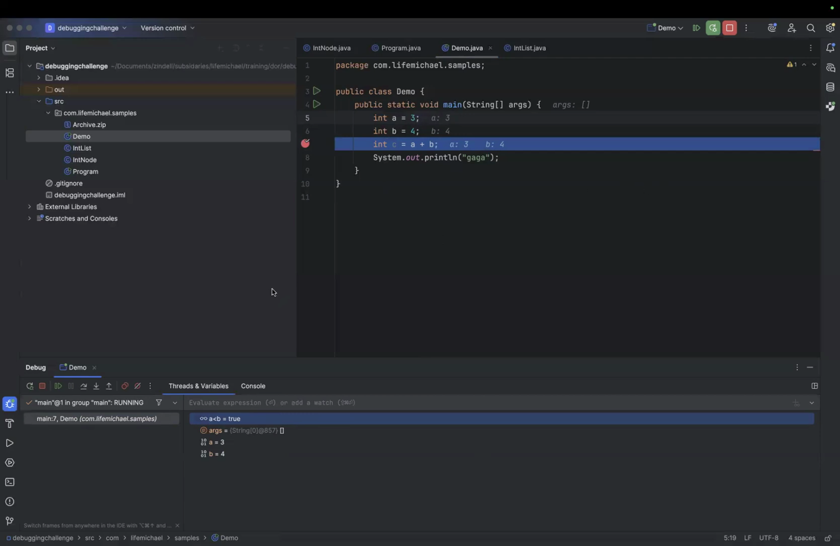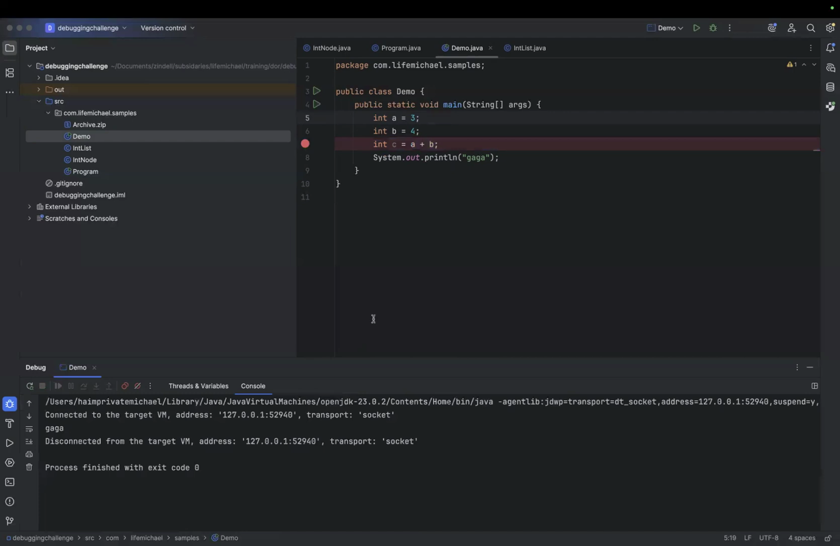Now, if I press this button, resume, it means that the code will continue to execute till the next breakpoint. And if there is no such thing, a next breakpoint, it will continue executing till the program ends. So let's resume. And now let's make it a bit more interesting and add